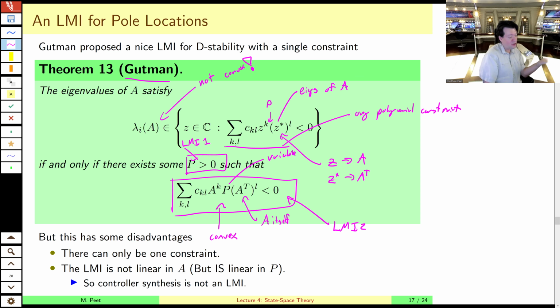First of all, there can only be one constraint. Only one constraint is allowed. So you have to choose: rise time, settling time, percent overshoot. You can't get all three. Although if you were to somehow encapsulate